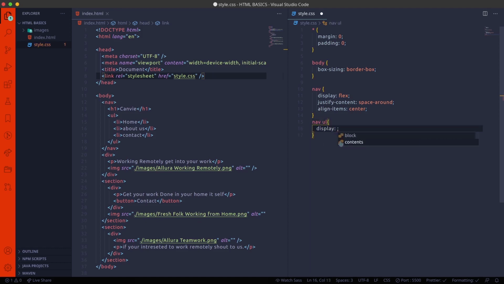Now I'm using nav and the unordered list and the same property, display flex, and justify content space evenly. Here I'm pre-processing the text by using the Emmet extension or HTML snippets extension.